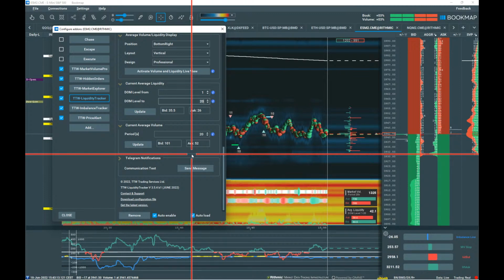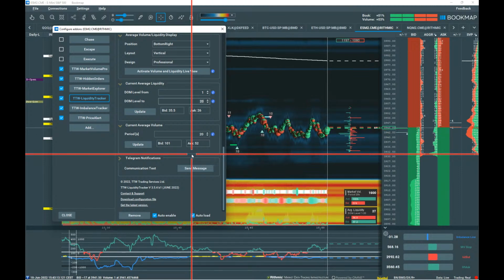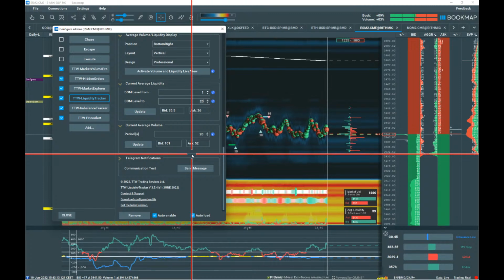The so-called incrementals are the ticks. So ES is trading with a quarter. That means 4 quarters means 1 point. And by a DOM level in ES, for example, we are talking about the incremental of a quarter,